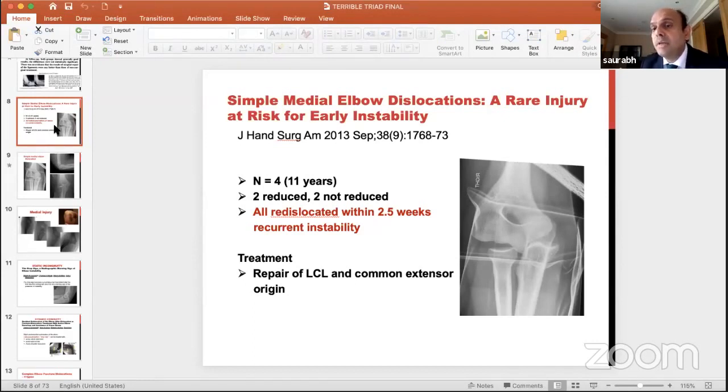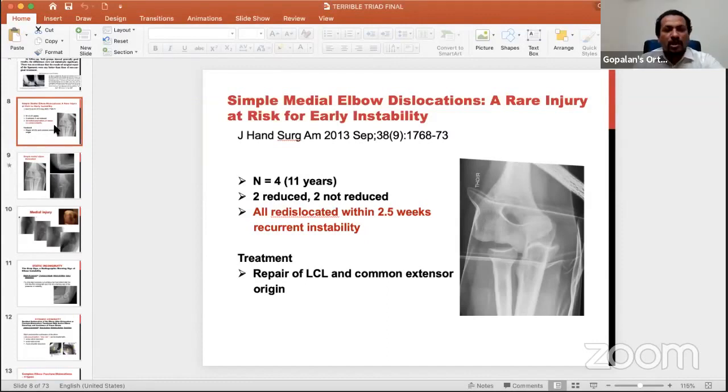It's used for some open injuries, but extremely rare. I worked at King's College for 3 years in a major trauma center, and I ended up putting one X-fix in 3 years, even in a major trauma center. If you have to, yes, do a hinged one, don't move it for 10 days or 2 weeks, and then start moving in the X-fix for a month and then take it off. But as I said, practically, if you address your injuries properly, you'll do one in 10, 15 years of your career, if that.